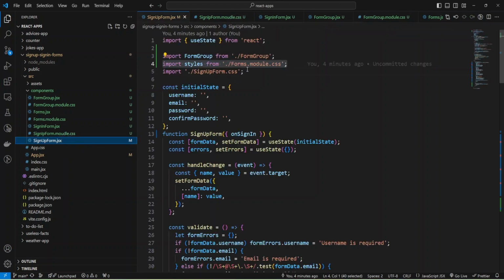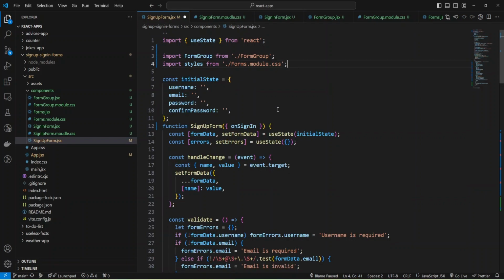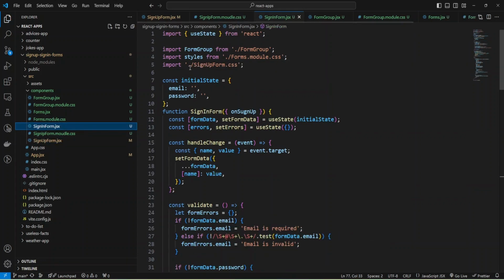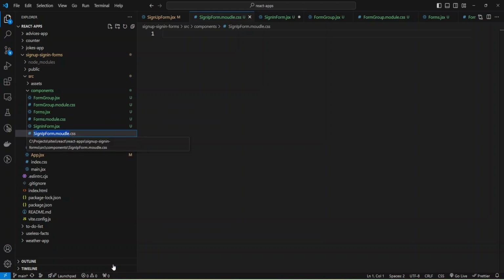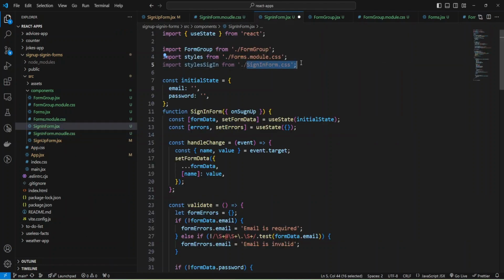And we can remove this import here and adjust this import and provide import styles sign in and from and specify our path. And I need to correct it here. And provide my name here.